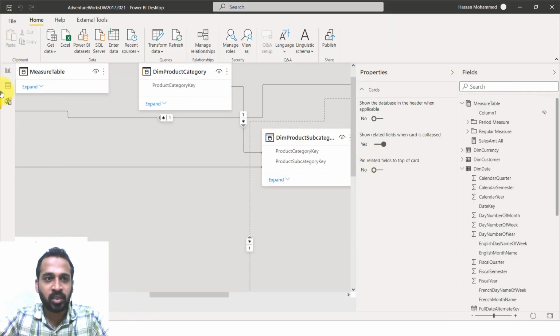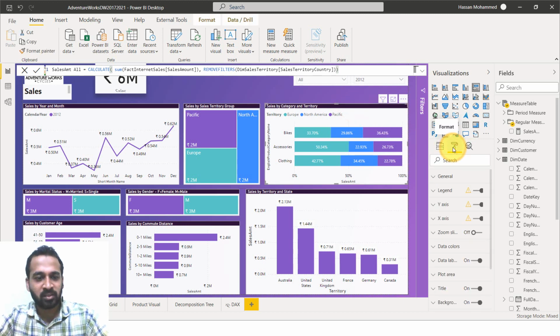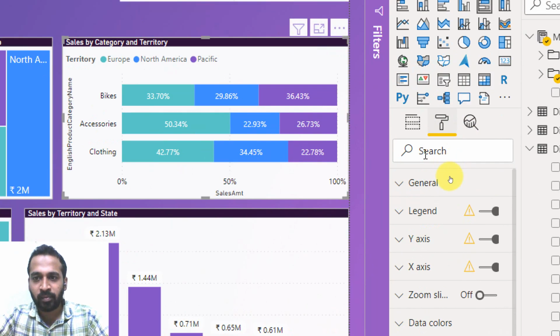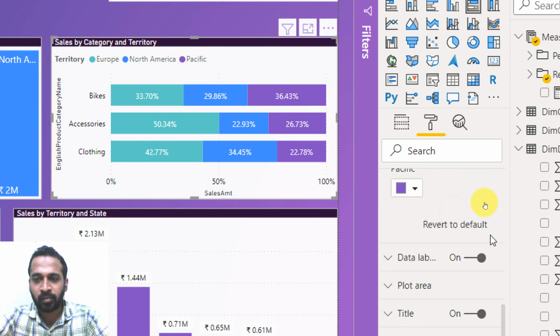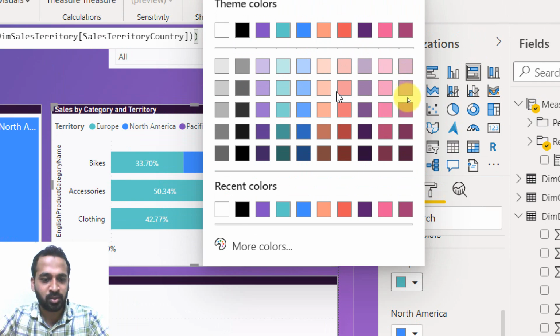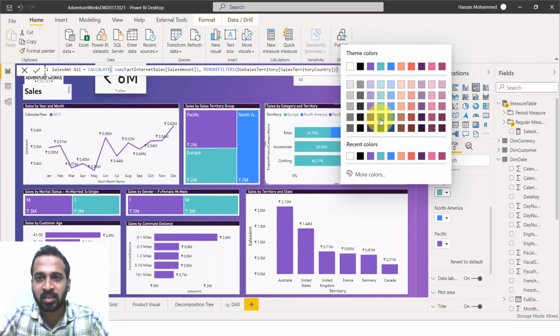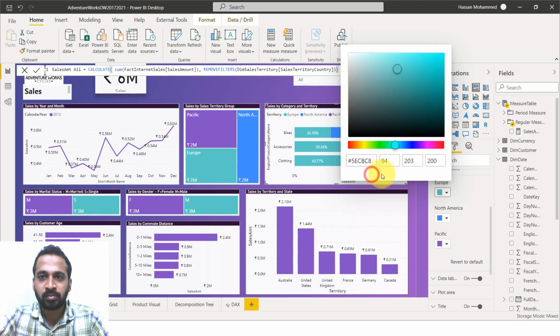If you go to the Power BI visuals and the visualization pane, just select any of the visuals and go to the visualization format pane. Let's zoom in a bit here, and in the data colors, if I click on any of the values, let's zoom out a bit, it's too large. Okay, this is enough. Now we can select, it has good spacing between each and every box. You can select here, and if you want more colors, if you click on more colors, it gives this kind of window, and we can also change the theme here, whatever we want.